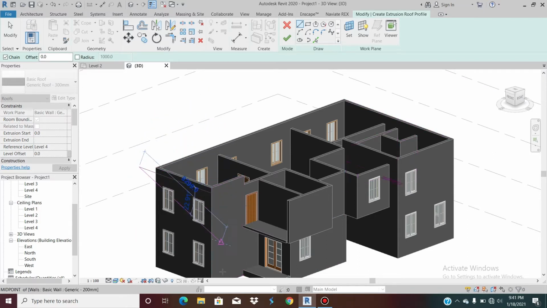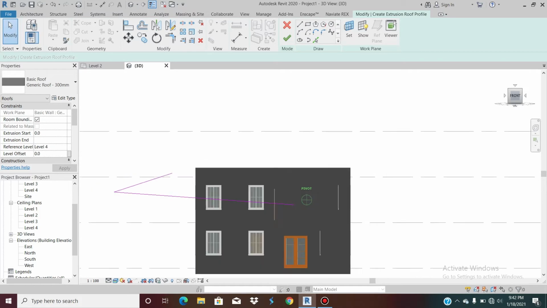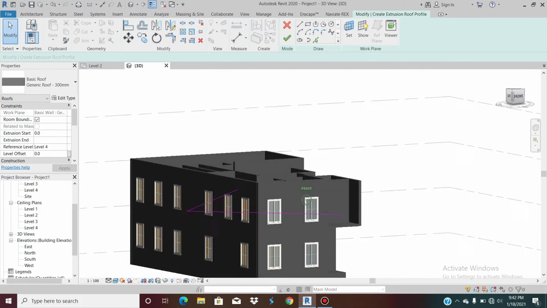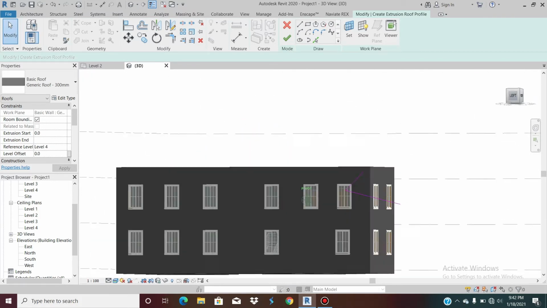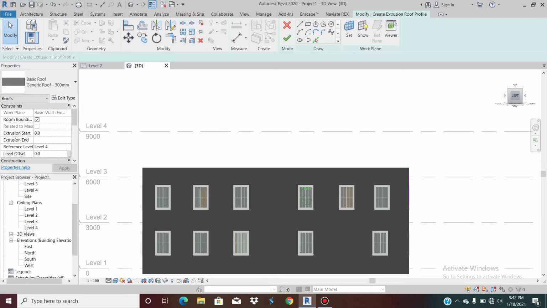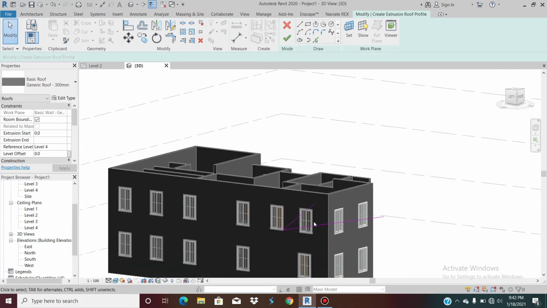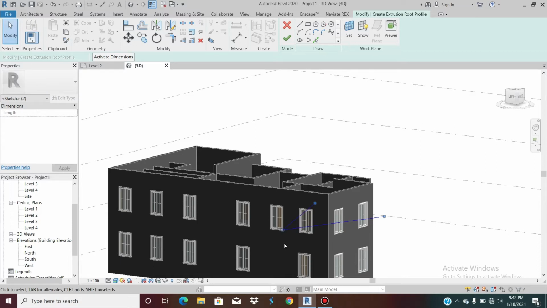Even if I drag it here, it's still aligned to the face. Let me show you what I mean. If you check it, you can see it's still aligned to this face I selected. So that's what it means by